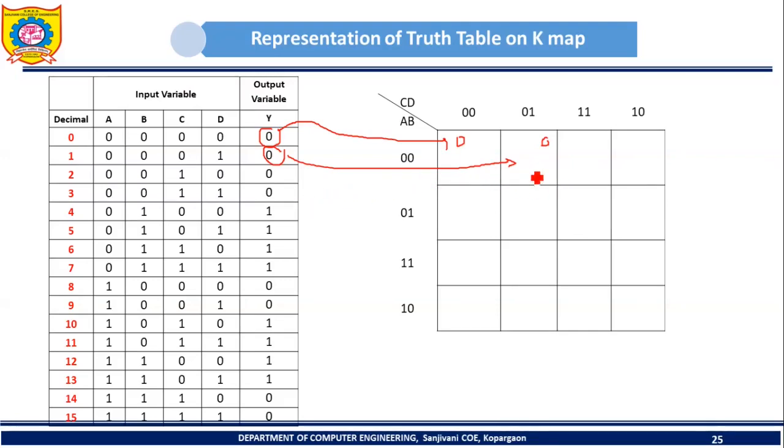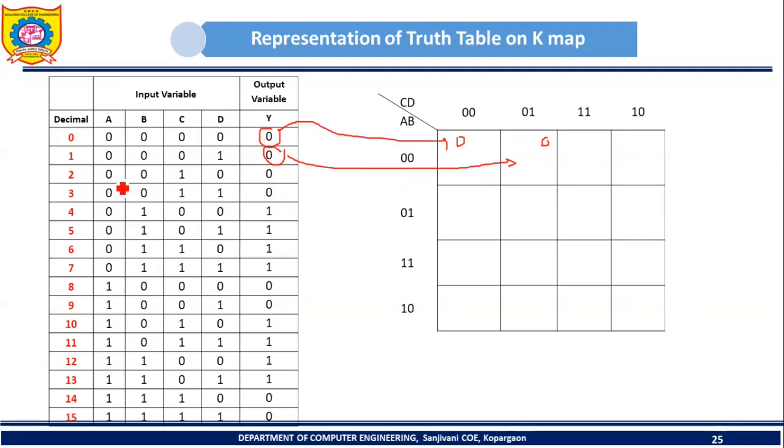So I can say that truth table and KMap, they are logically equivalent. Whatever information we are having in truth table, the same information is also present in KMap. In this truth table we have a total of 16 input combinations. Here also we have 16 input combinations, right? Here we have an output column. In KMap also we can show the outputs. So all information that is present in truth table is also present in KMap. Only the way of representation is different.